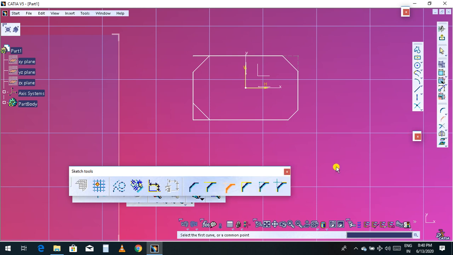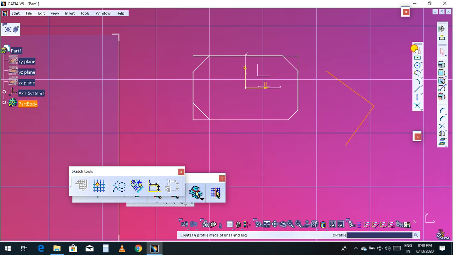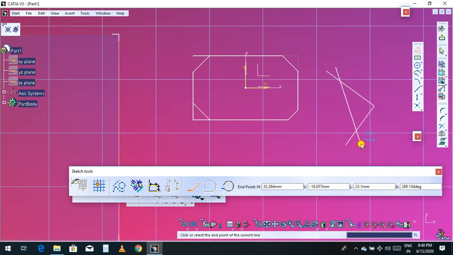So this is the no trim chamfer type, and this one is the standard line trim. Just click this one. I will sketch one more. Choose the profile and choose a line like this.